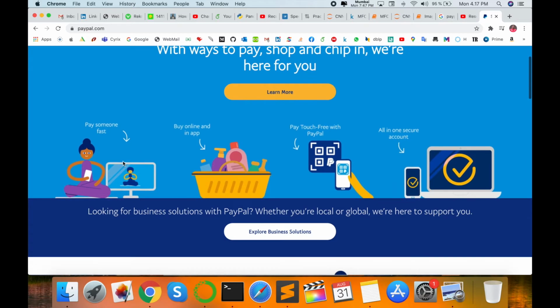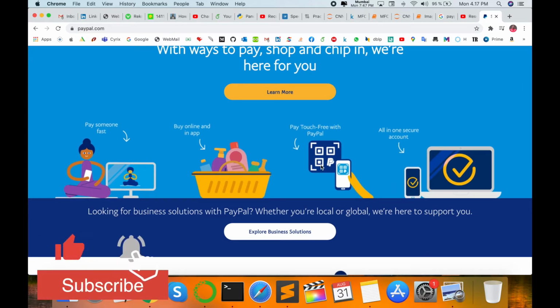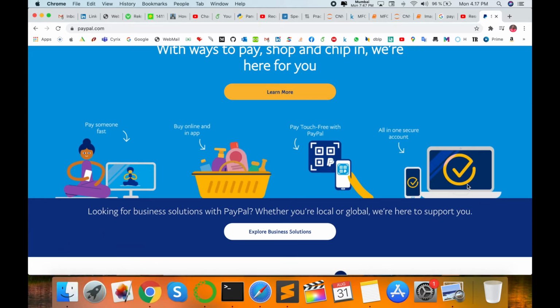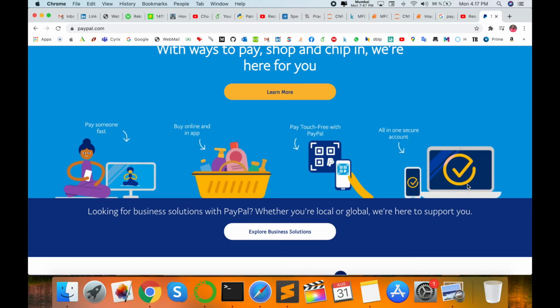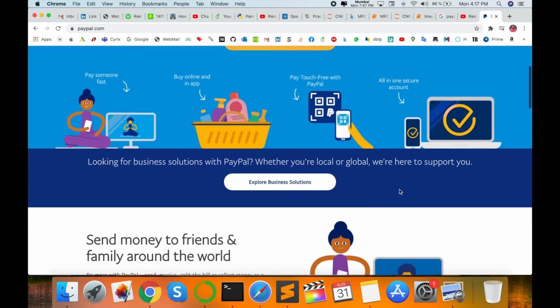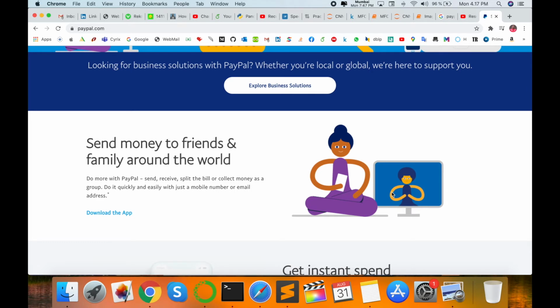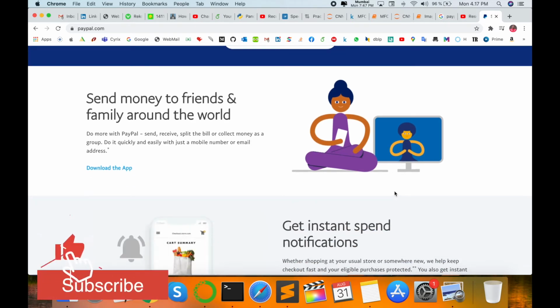Look at this. I'm purchasing something in a supermarket this way, and I'm just scanning this particular barcode and the payment is done. It's simply like Paytm in India, and in European countries you can use this PayPal. No extra transaction money or debiting from your account. That is the most beneficial advantage of this PayPal application.